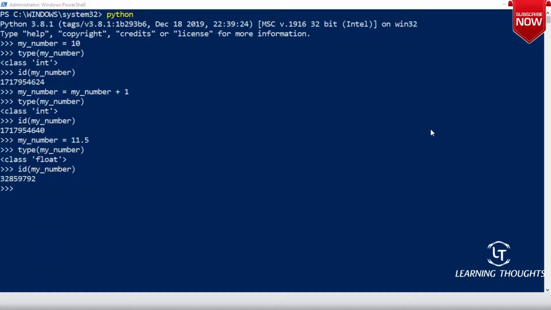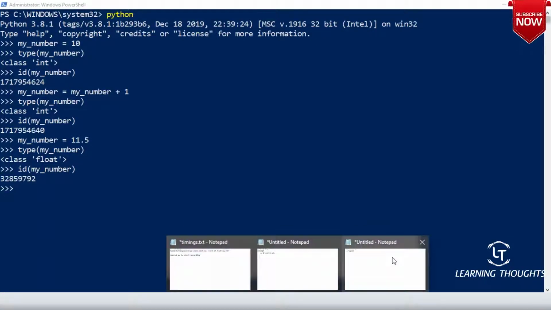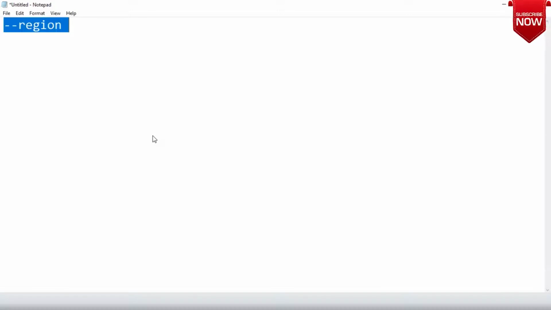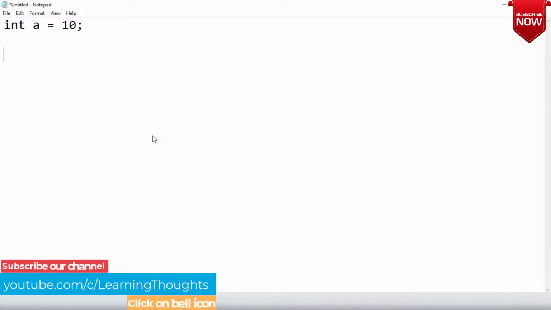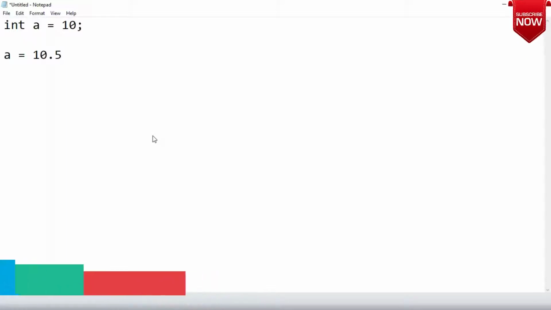Here the name which you are using is strictly an alias name. I'll speak about these topics in our next classes, but if you write in C or Java or C++, int a equals 10, you can never assign a equal to 10.5. Why?